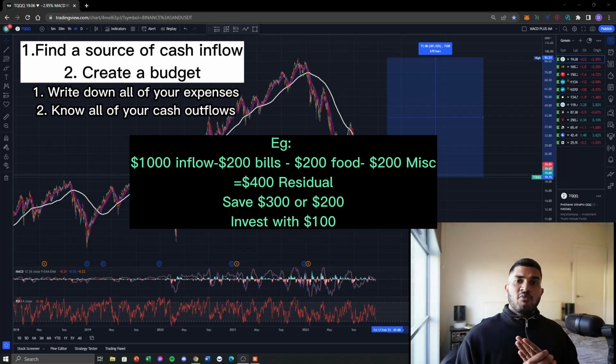And let's say with that residual of $400 out of that $1,000, what you can do is save $300 a week until you reach that saving level of $10,000 just for an emergency day fund. You have $100 to invest. So what you have to do is get started with building up your portfolio. You can deposit $100 every week onto your portfolio, which is very significant because in 1 year that'll be $5,200 without investing. That's because there's 52 weeks in a year, and 52 times 100 is 5,200.